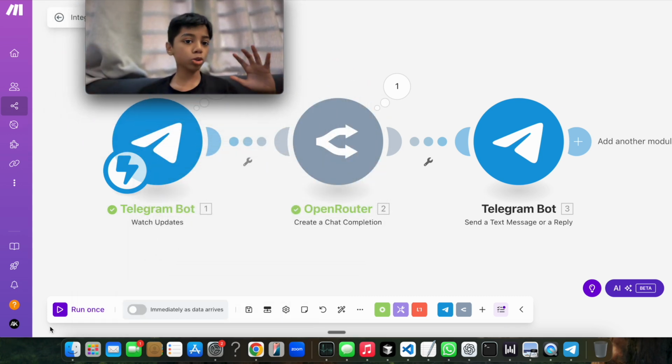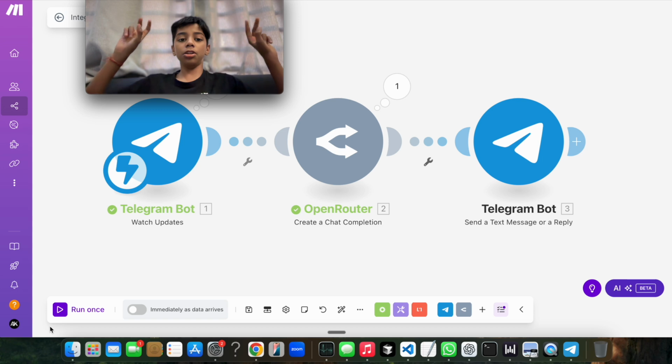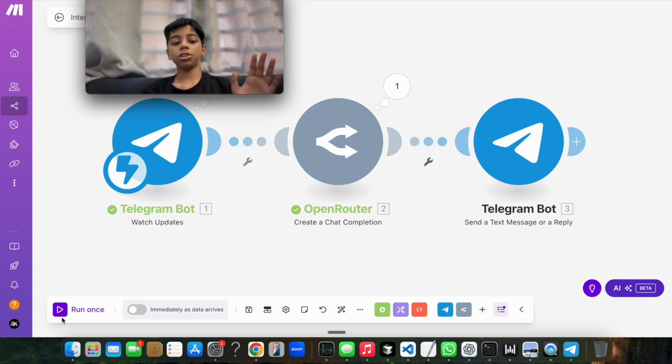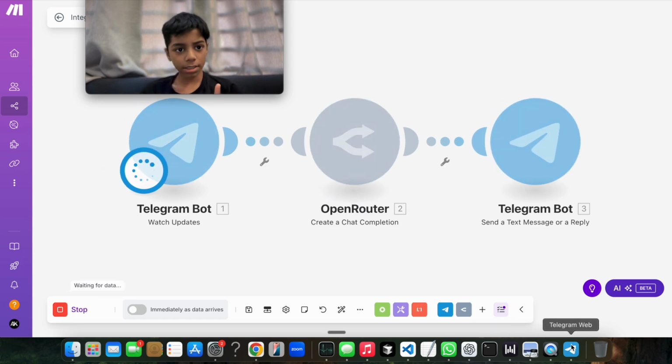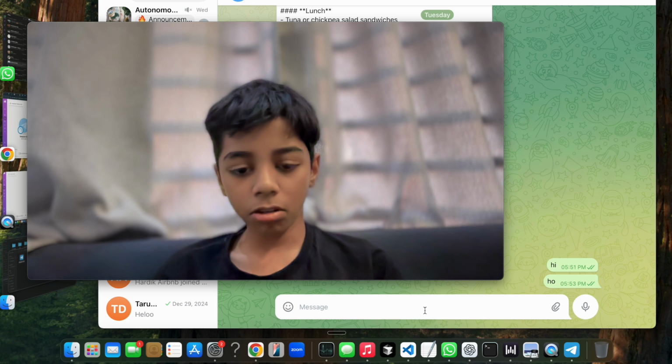This is going to be so exciting because we have made a Telegram bot. It takes a lot of time if you need to do this from scratch, Python code and stuff, but you have really nice low code, nearly no code, actually fully no code. Just go and you run it once, right? You go and run it. Now there's nothing to worry about. Here you're just gonna go and write